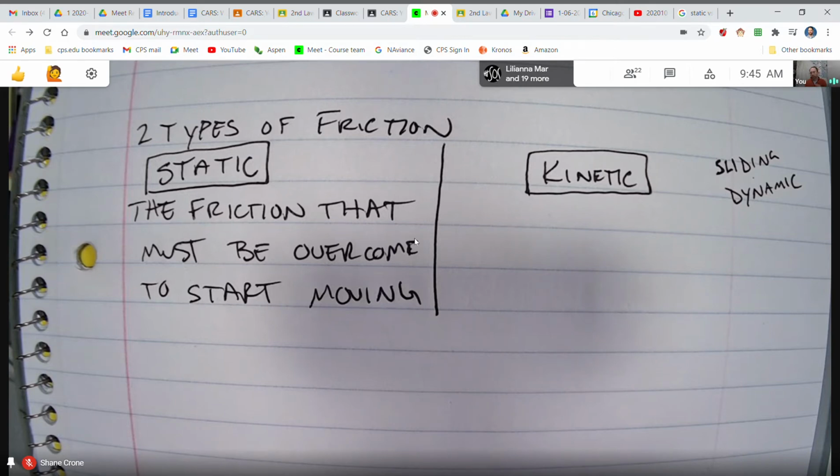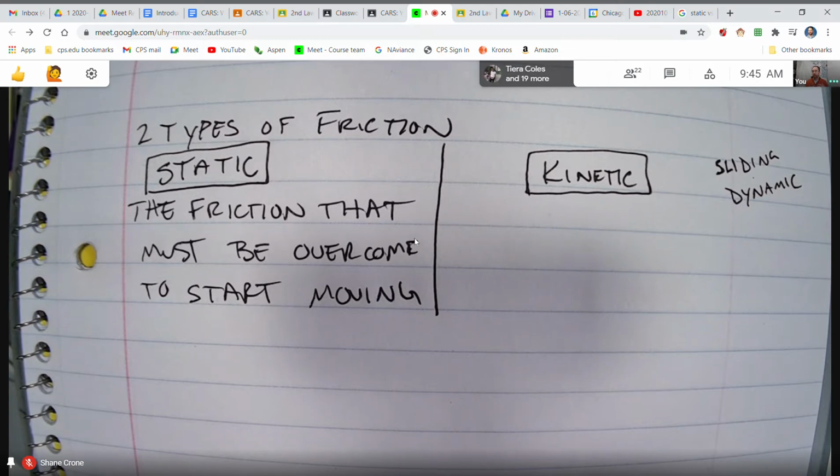When you first start to push on it, you'll feel that there's a little bit of force. It doesn't start moving right away. So what do you do? You push harder. And eventually, as you push harder and harder, it's not moving, and then all of a sudden it moves. And I just want you to think about that situation where you moved something that was really heavy and you pushed on it, and it was really difficult at first, but once you got it moving, it became a little bit easier.